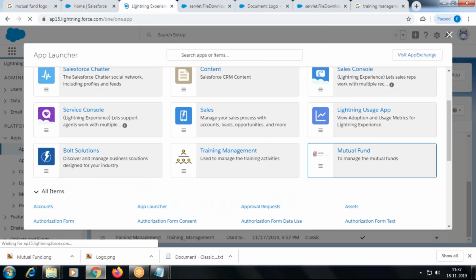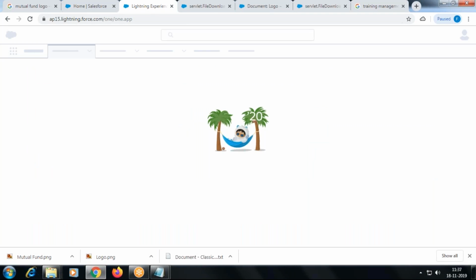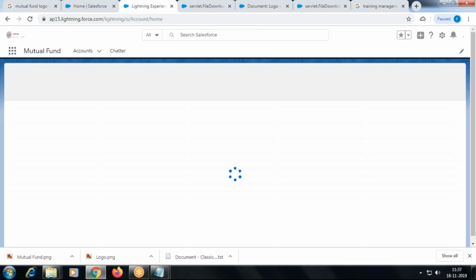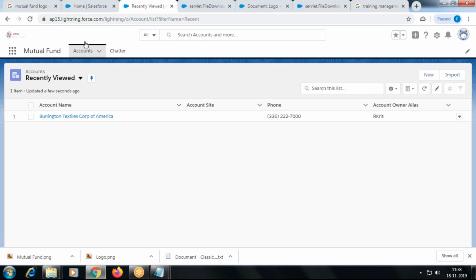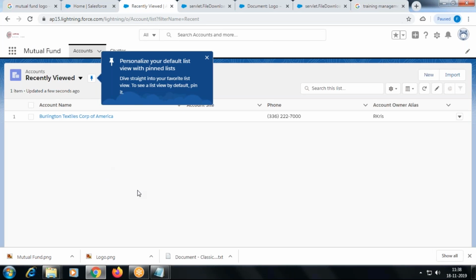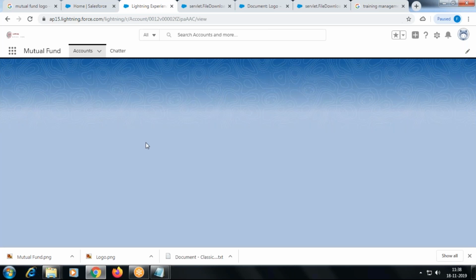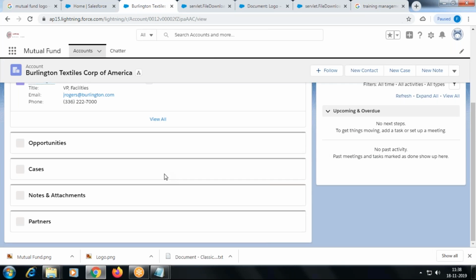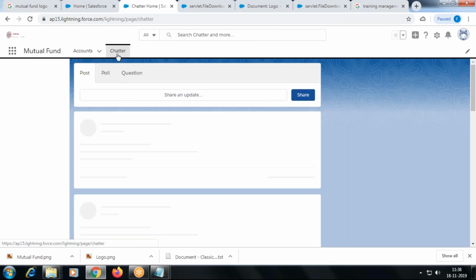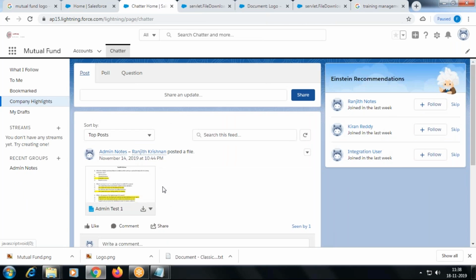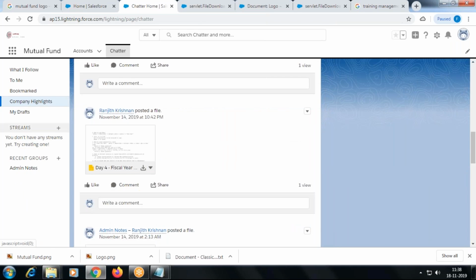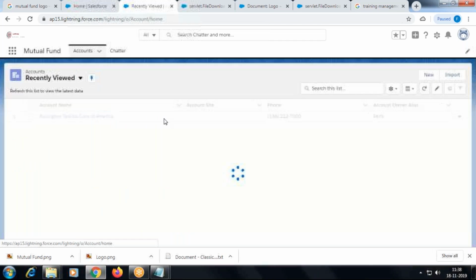Select. Okay, I go to some, right, where is the notes? We added notes as well, right?